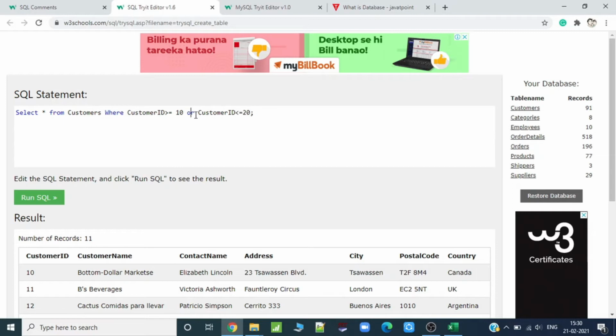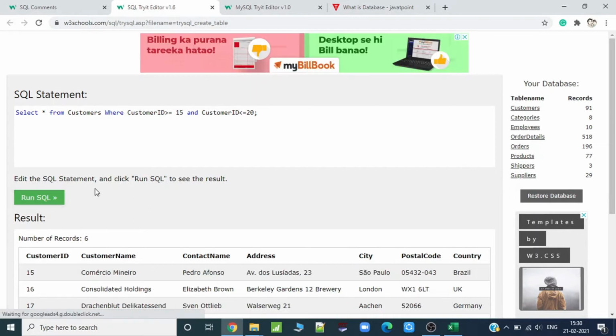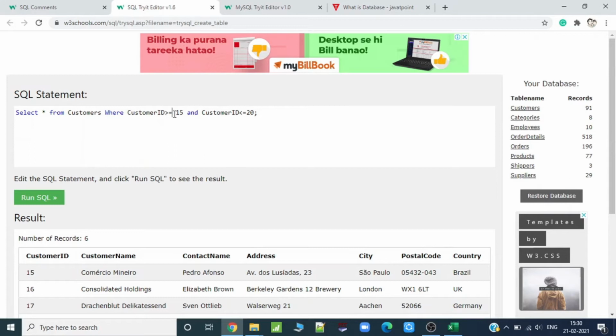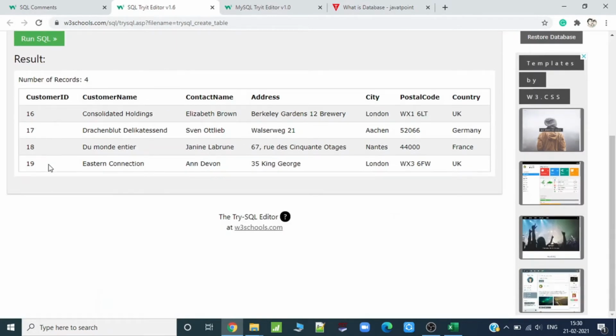And instead of OR, we will use AND, because I want both conditions satisfied: greater than 10 and less than 20. So again, it will give me the same records. If I put 15 here, it will print from 15 to 20. And if I want to exclude 15 and 20, I will remove the equal sign. So it will be customer ID greater than 15 and customer ID less than 20. So it will be 16 to 19.